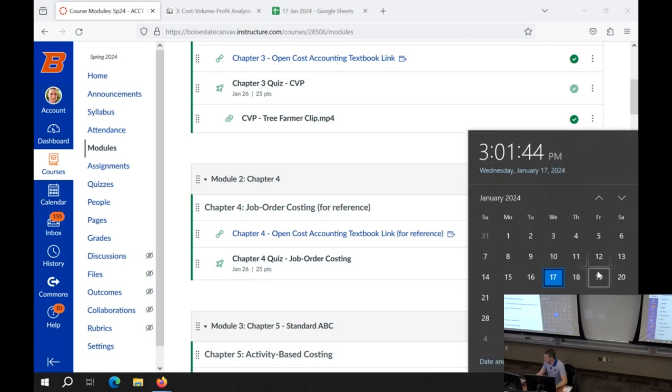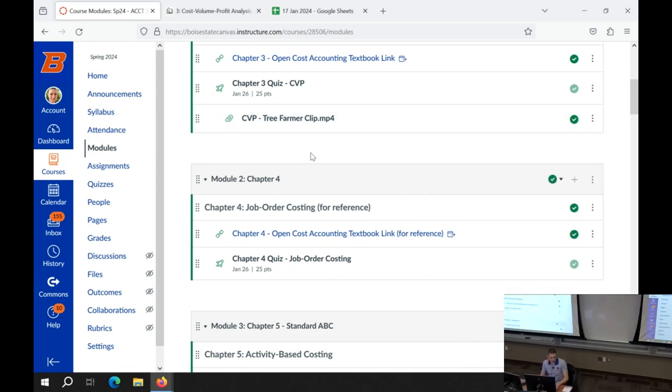If you haven't noticed, all the deadlines are the end of the week that it's assigned, on Friday at the end of the day. Part of that is a little selfish on my part, because if they do Saturday or Sunday, then I get a bunch of emails over the weekend. What's this? How do I do this? Because sometimes students will start the project right before it's due. None of you would do that. I know. I trust you too much.